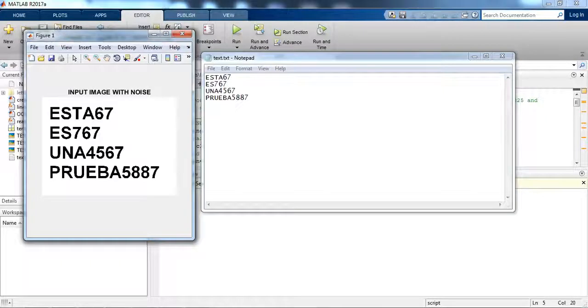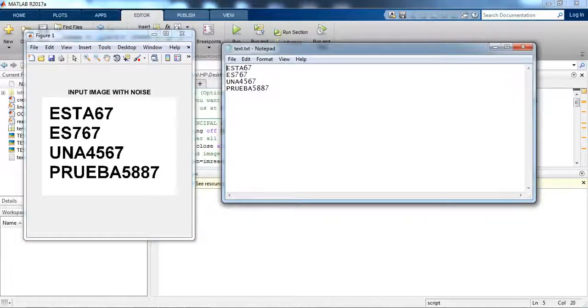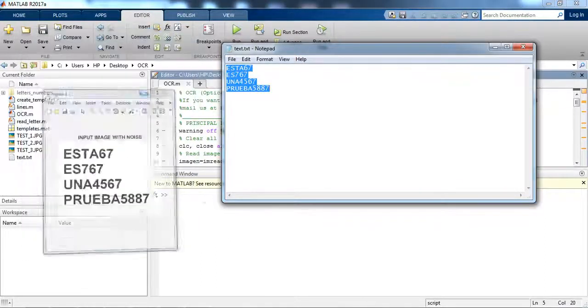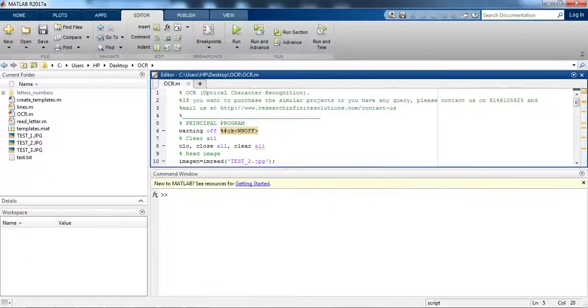What we are doing in this is providing an input image which has some characters written, like EST A67. The output image is recognizing and extracting the characters and showing them exactly, like EST A67. So let's see how it is working.